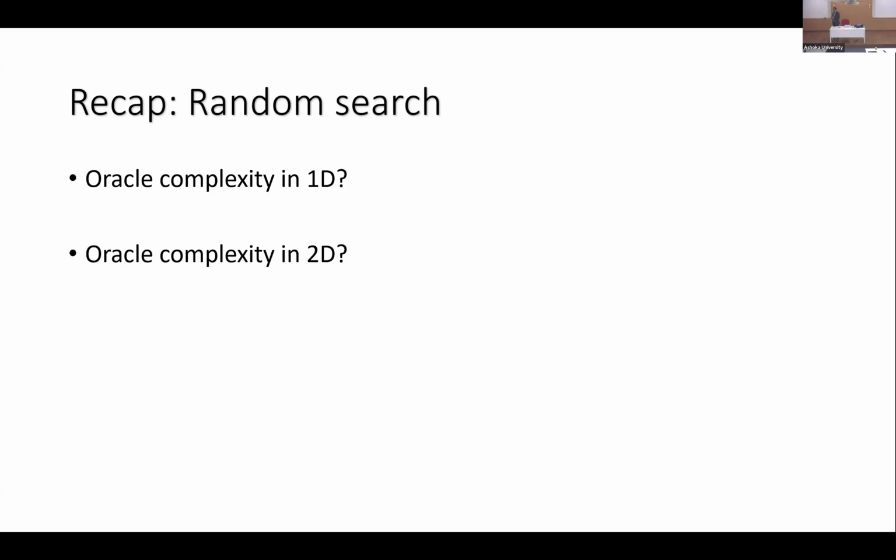What about 2D? In 2D, let's say I take a box around the optimum, a box of size 2 epsilon in each dimension. So the oracle complexity will be,